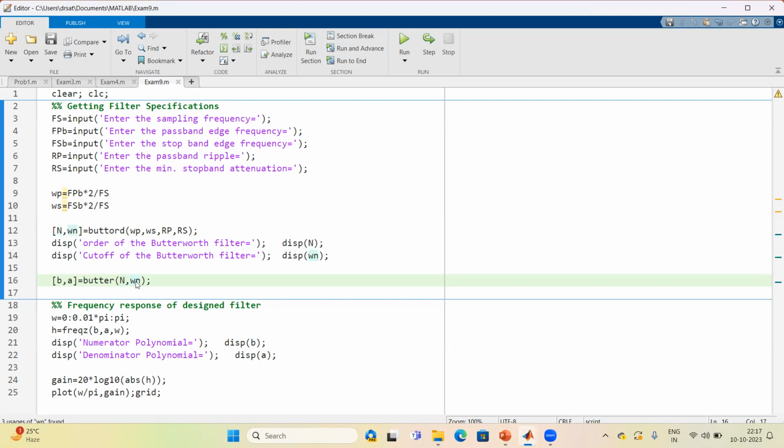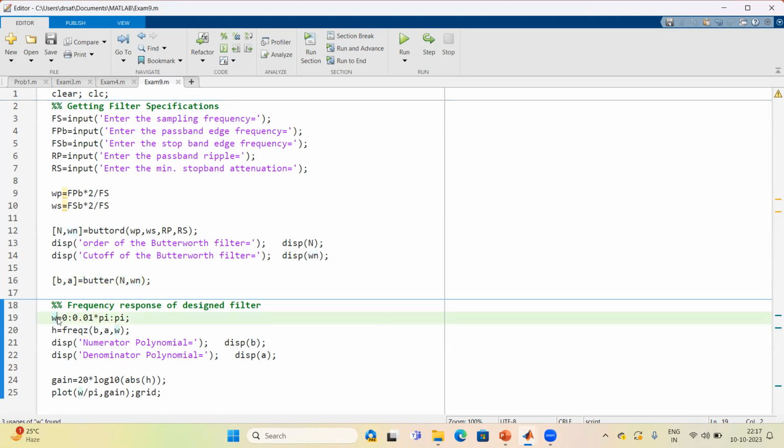After getting this, we have to get the frequency response of the designed filter. To get that, we first have to make an array for the frequency variable. Here this omega we have started from 0 to pi, and the step size that we have taken is 0.01 times pi. So here we have created the vector for omega, and for these values of omega we are going to calculate the frequency response. Here we have to use this particular command,